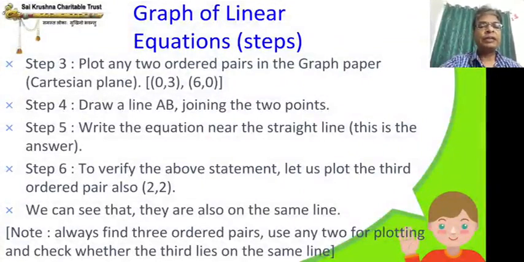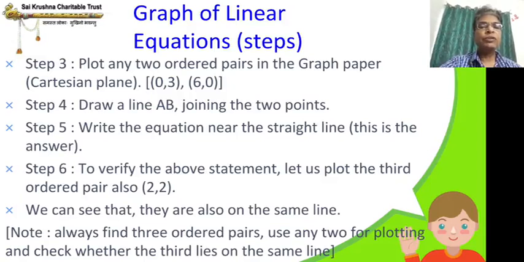I will show you in the next page. So all the steps I have written here. If you have not understood, you can pause the video and note this down. You can also go back to the previous page and start playing from the beginning of it. Then you will be able to understand thoroughly.